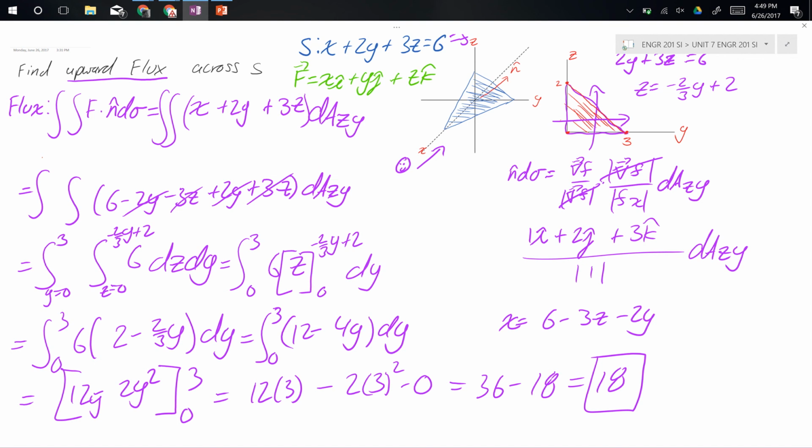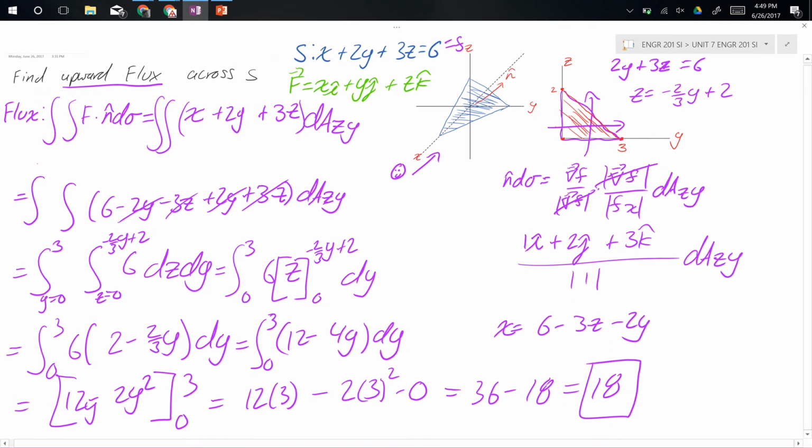Main takeaway from here: since it's an upward flux, with the n hat being positive, we have to make sure that when we set this f equal to the surface, all of our values are positive, since it's being projected in a positive x, positive y, and positive z direction. That was the importance of the upward flux. If it was an inward flux or downward flux, then we would have to make our surface negative. So if it asks for downward flux,